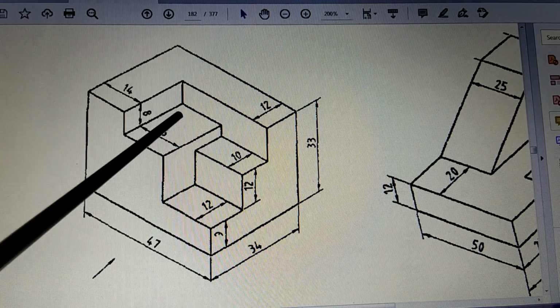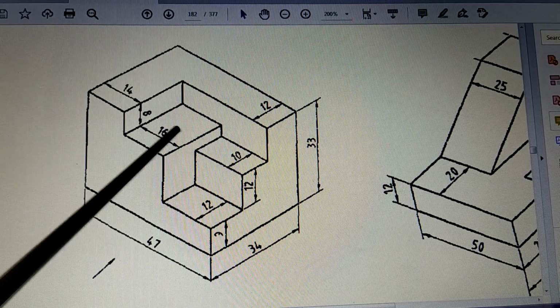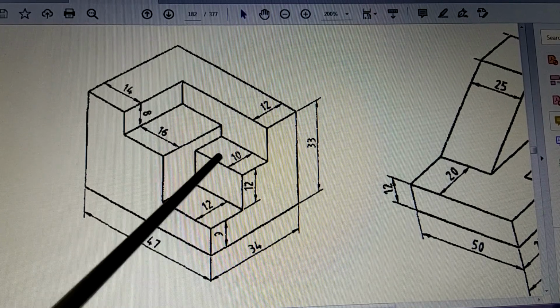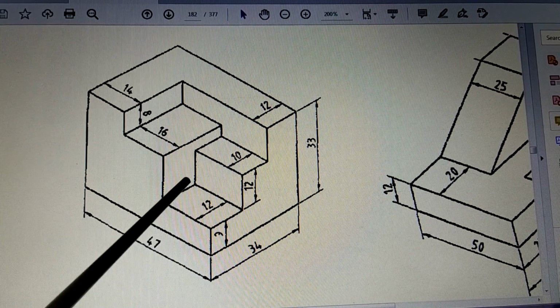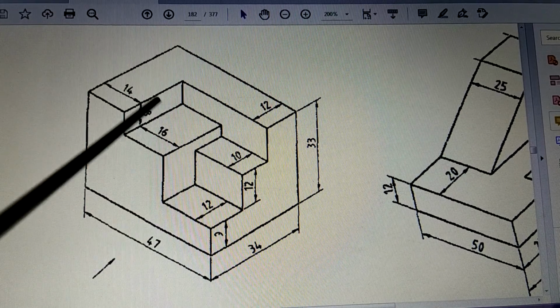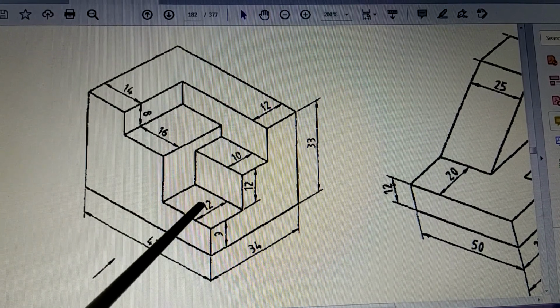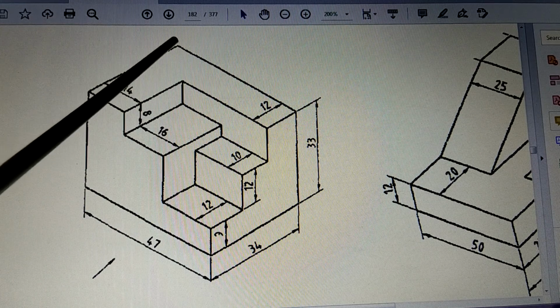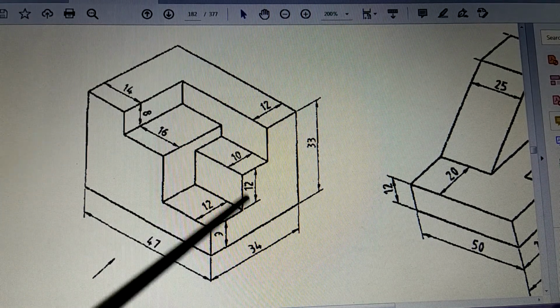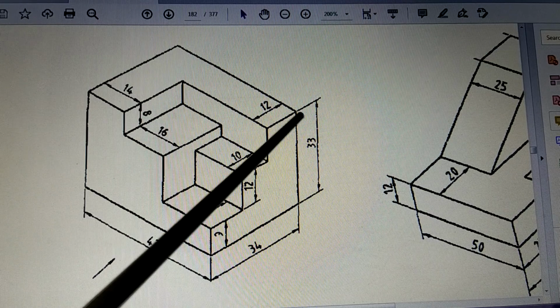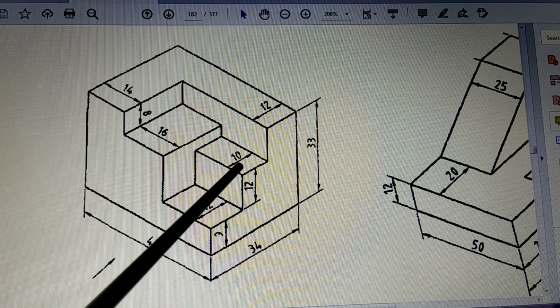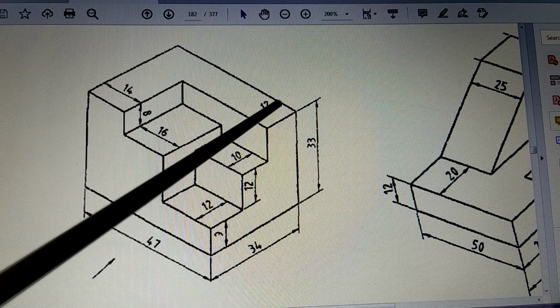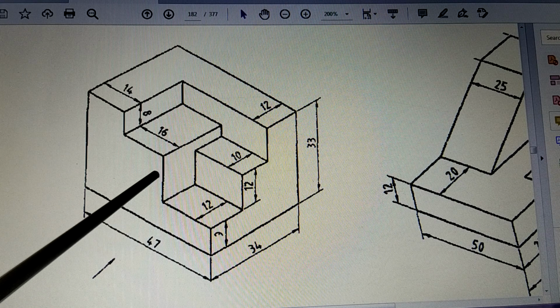So after this you draw this surface. After this surface, this is the next that is seen, which you draw immediately adjacent to that. And after that the next is this. So that is 1, 2, 3 and 4. These are the surfaces which you are going to see from top. And all of them are fitted into this rectangle, whose size is 34 by 47. That becomes the top view.